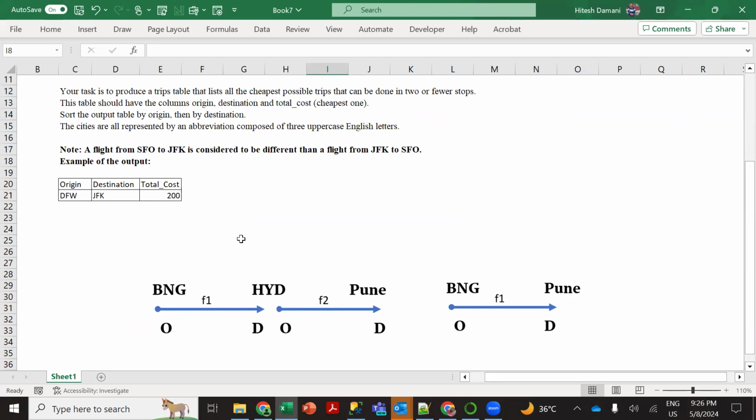And the final destination is Pune, right? So basically one is planning to travel from Bangalore to Pune, and is planning to take a stop at Hyderabad. So it would be a two-flight journey, or two-stop journey, I would say. So basically, what I'm saying over here is